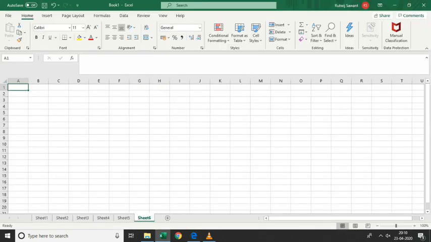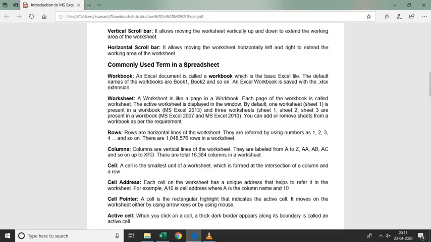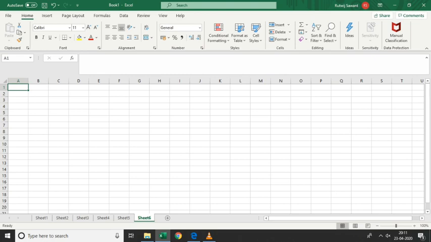If you have noticed, when I started showing you how to open MS Excel, I typed MS Excel over there and opened it, and it showed me a blank workbook. So this is your workbook. This MS Excel file is called a workbook. By default it gives the name Book1, which I have already explained. When you open your MS Excel file, it gives you the name Book1, and as you keep opening new files, it will name them Book1, Book2, Book3, and so on.